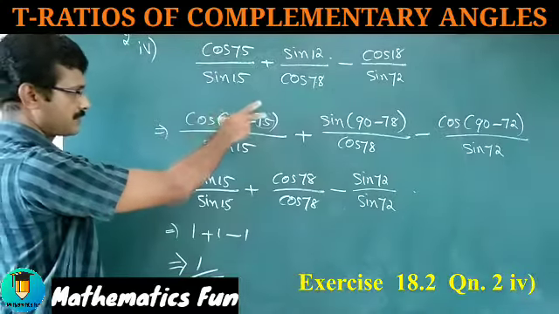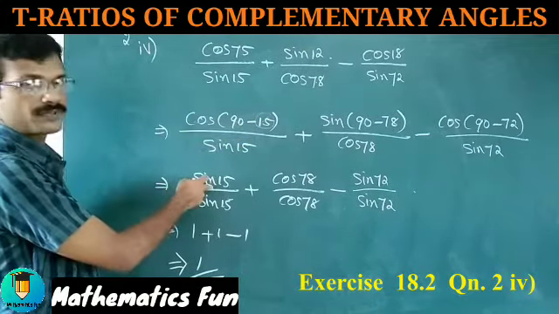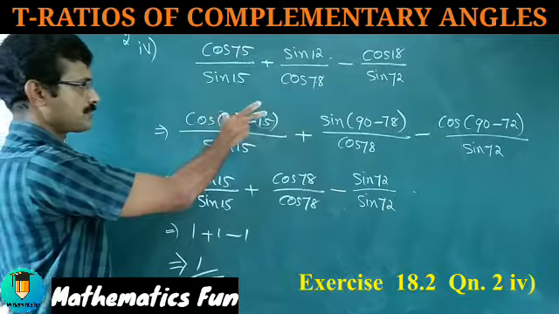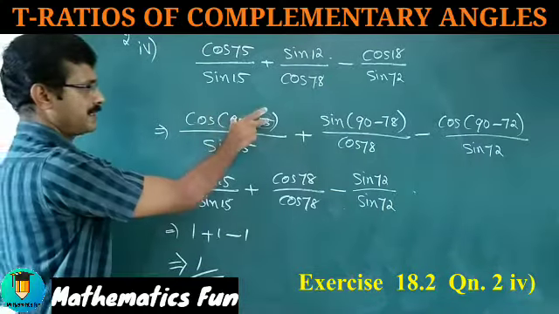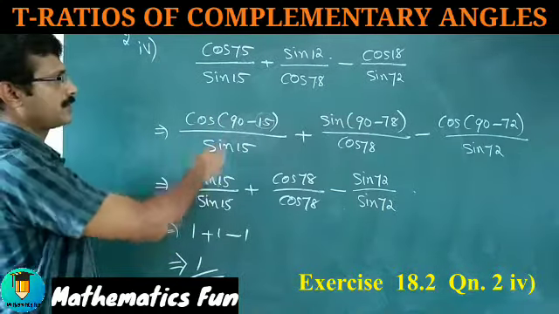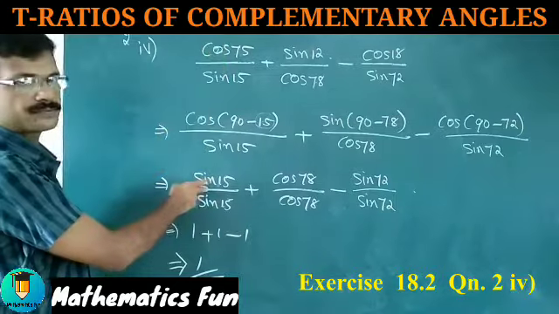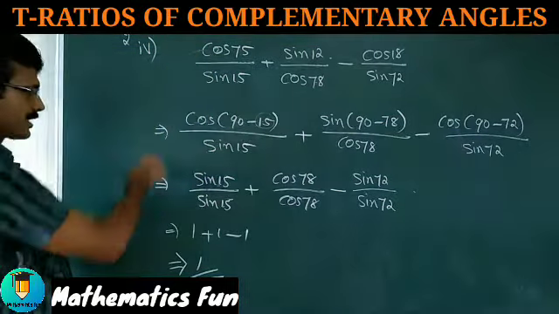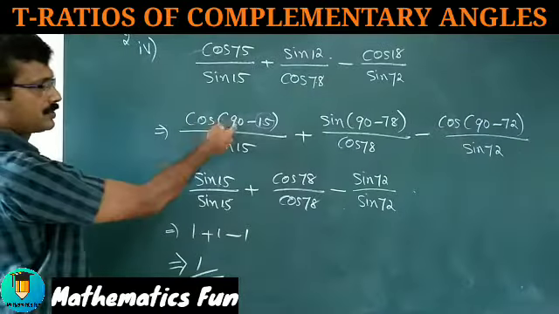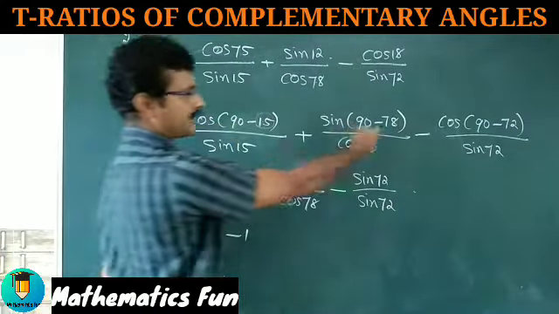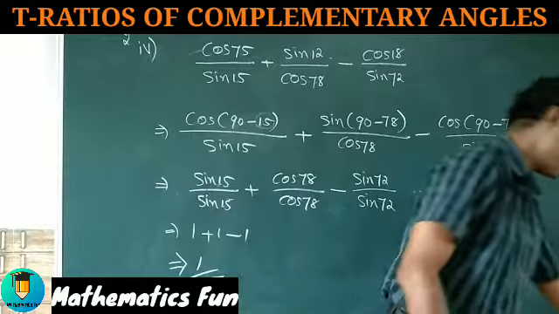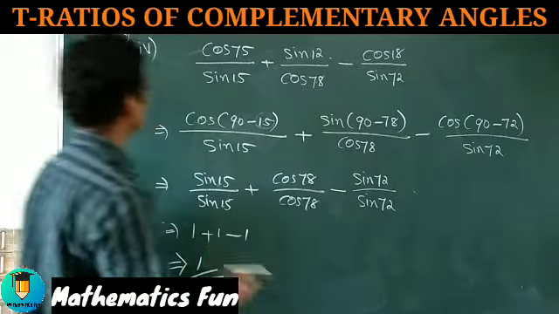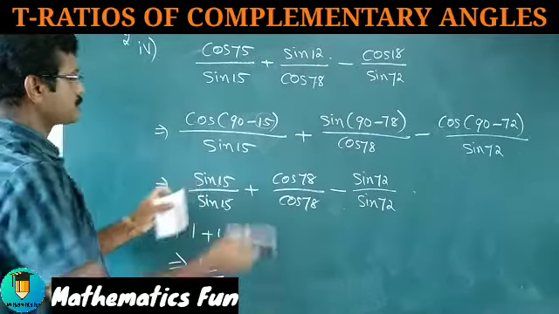So the transformation from this step to this step is very important. You are supposed to always show it in this form, 90 minus theta. Don't write this directly as sin 15, don't jump directly from here to this step. You must show this transformation step, it's very important. That carries marks. So this is question number 2, fourth part.